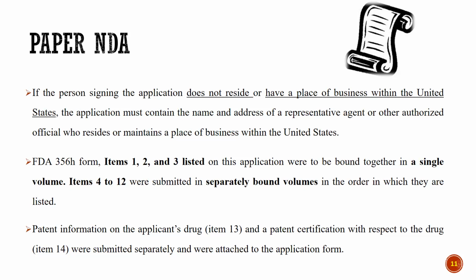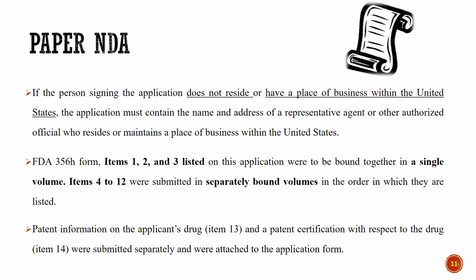and the manufacturer is not able to move to the US or cannot stay in the US, then what the manufacturer can do is nominate a representative agent in the US, an official who is authorized to stay in the US. In that case, he can nominate and make him a representative agent in order to do the marketing as a marketing authorization applicant.